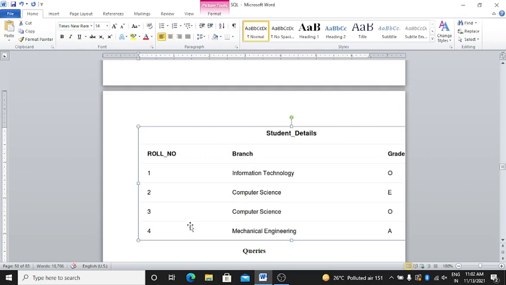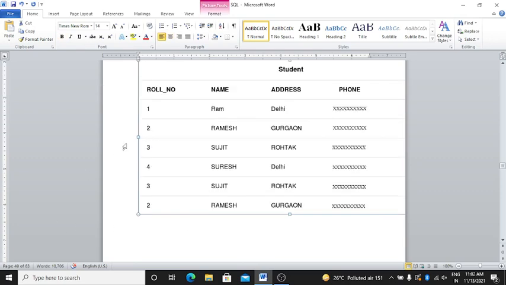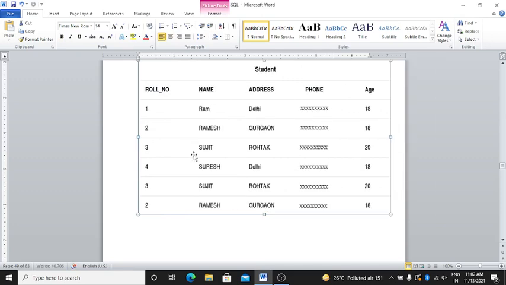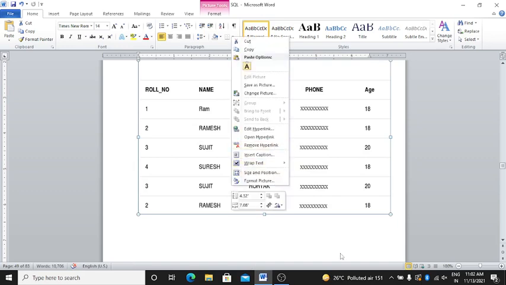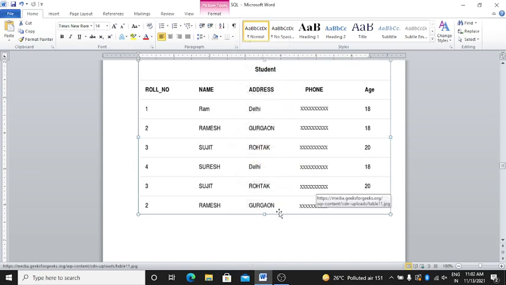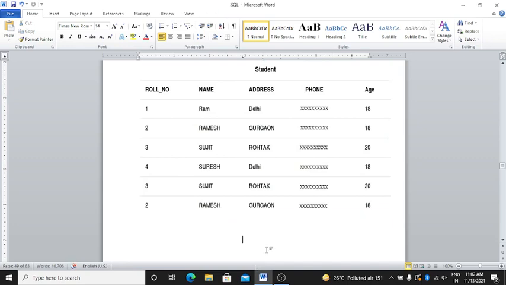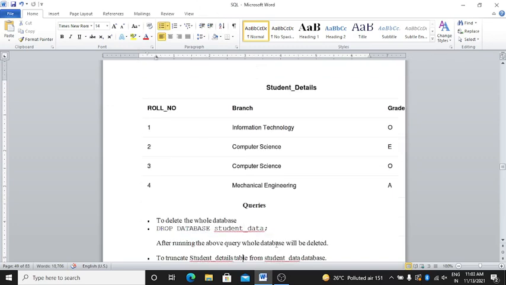Here is the chart. Here is the table. The first column is roll number. There is student data, right? There are the names of students, then address, phone number, and age. There are roll numbers 1, 2, right? See this table, observe it.